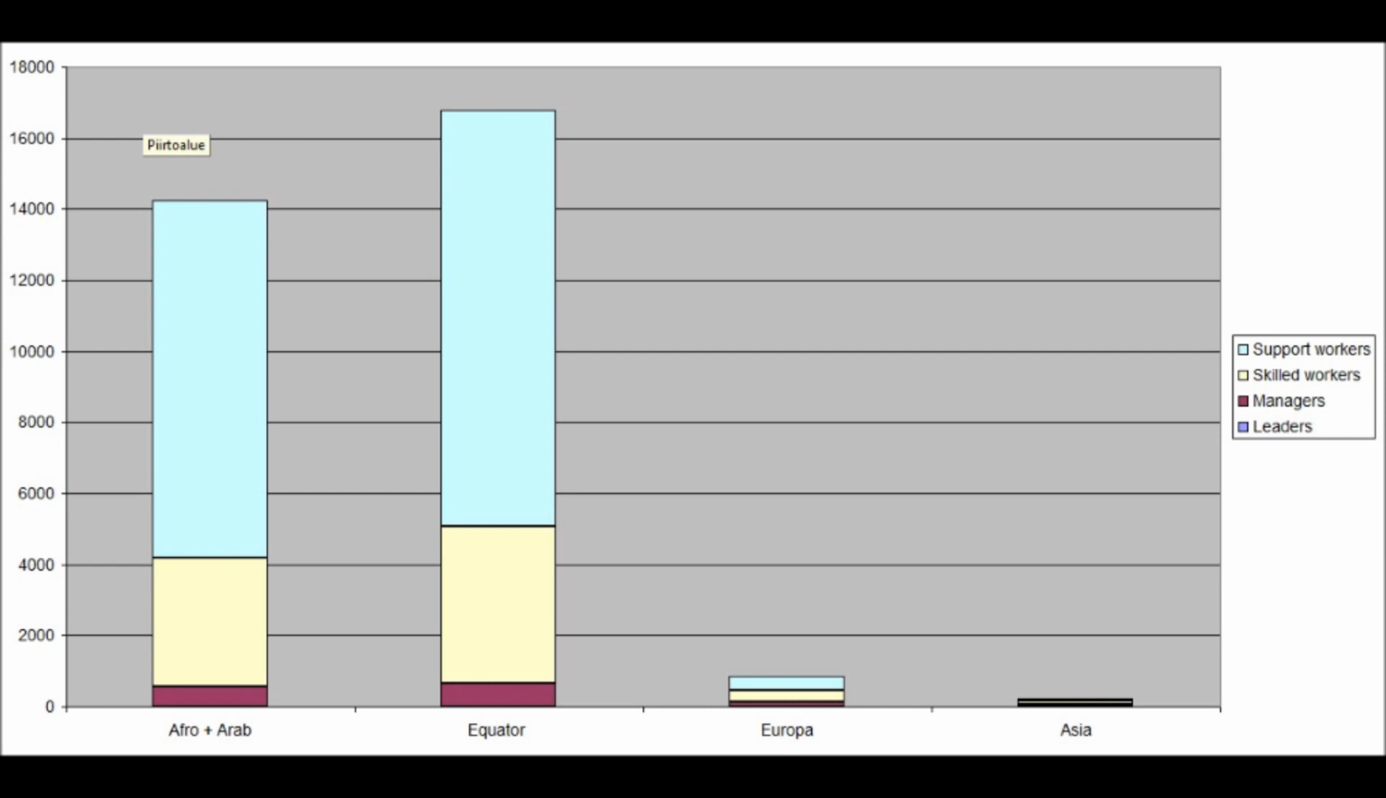Well, it can also be seen what the company organization would be in such a country. Here we can see how much workforce each leader would have. So one leader in Africa and Arabia would have 14,000 workforce, while in Asia it's only, I cannot even read the small amount from this table,